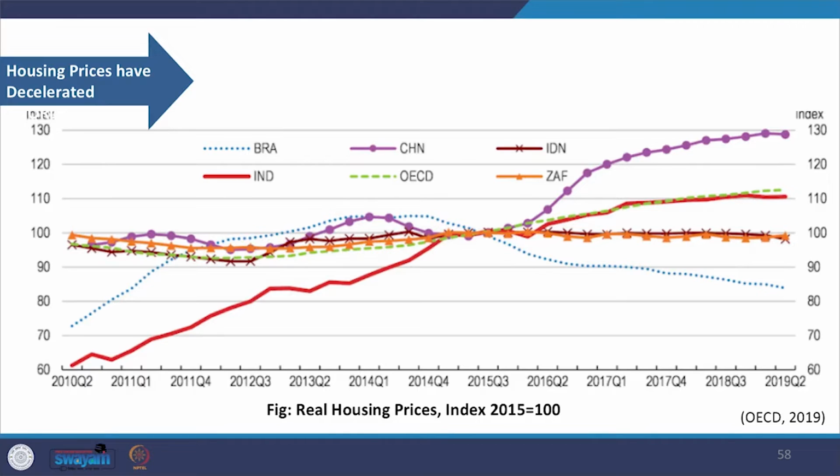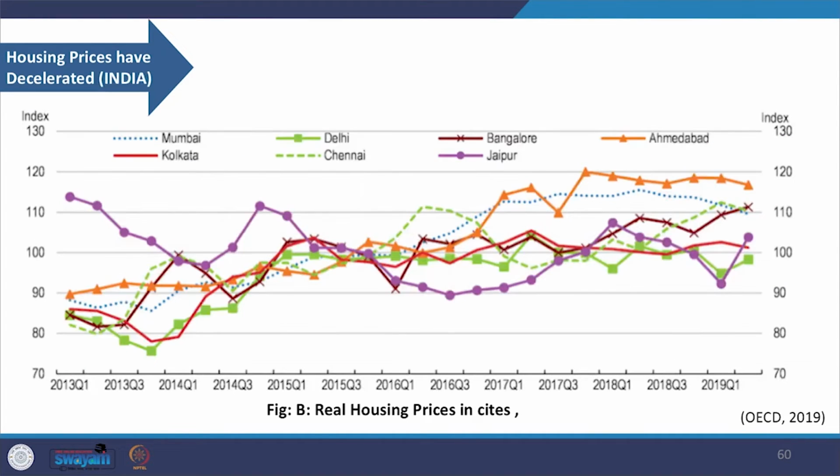The OECD survey shows that the real housing prices increased significantly between 2010 and 2015 and have stabilized since then, partly reflecting temporary factors in the rural areas. The brown line with a cross shows the price trend in the rural part of the country. But in urban areas, the price went considerably high as seen in the image.